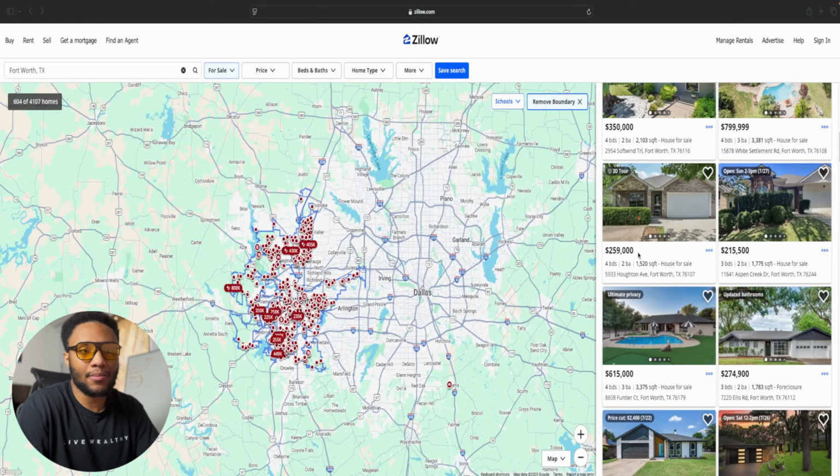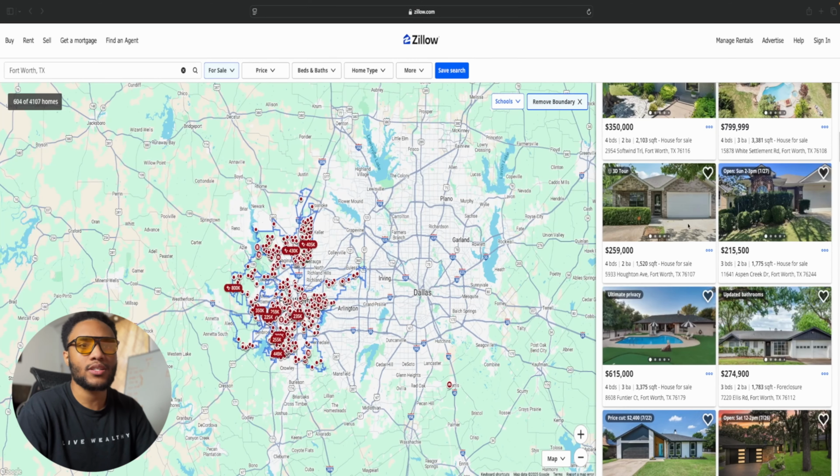So let's say, for example, this guy who's selling or whoever's selling this house for $259 says, housing market's going to go down. I believe that in a few months, the house that right now may be worth $250 may be worth $200, which means that I need to sell this house as fast as possible. And you can see this too on here